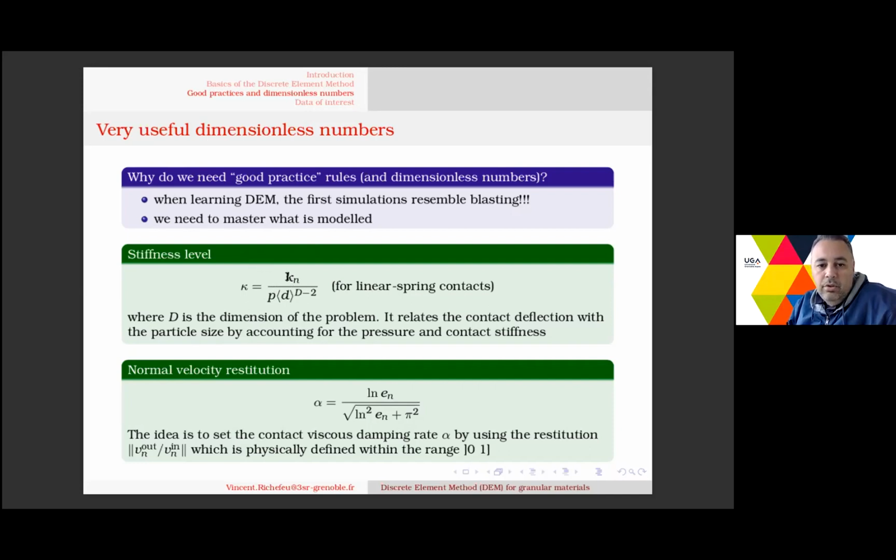Okay, so you see here the stiffness you will use in the simulation, the pressure that will be applied on the sample, the mean diameter, which is noted like this, and here we've got the power, which uses a capital D. Capital D is the dimension of the system. So in particular, this stiffness level in 2 dimensions will be only defined by stiffness over P, because this term will be 1. Okay. In 3D, this term will be